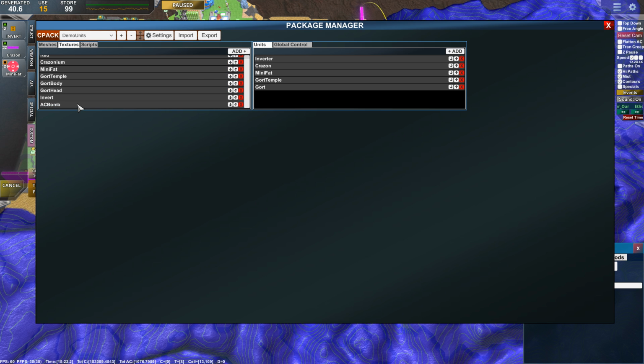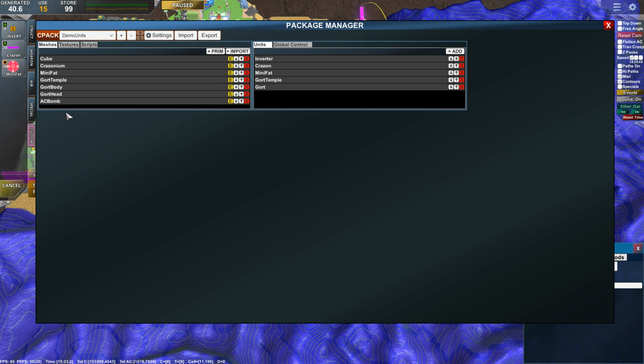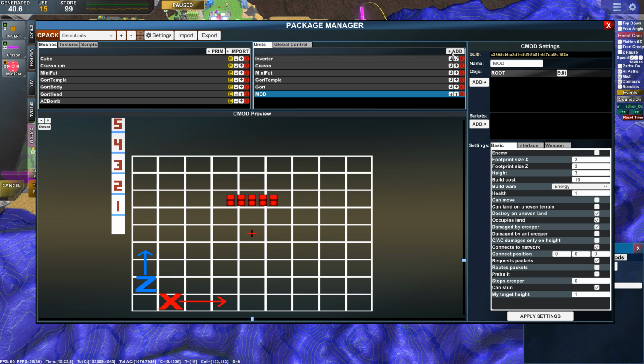The texture is just the image that wraps over the geometry. It's what gives it its colors and such. So we've got our mesh, we got our texture. Let's add a unit now. Let's come here to units and add. Brand new unit just created. Let's call it